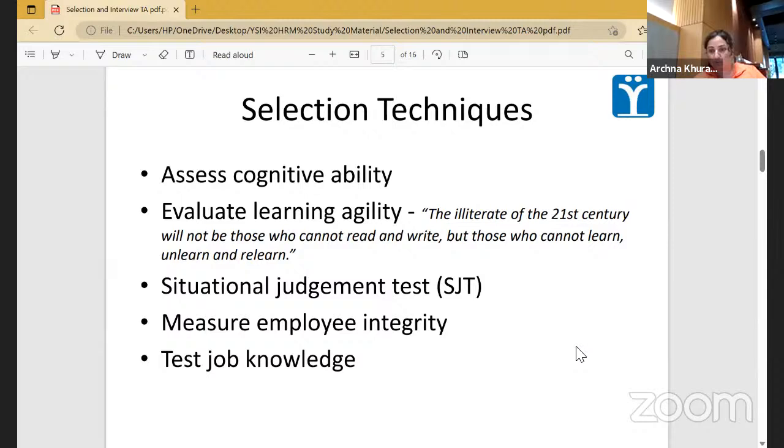अब शिवांग को नजर आया कि एक कार ने दूसरी कार को हिट करा, मे बी द ए कार हिट बी कार. अंजलि को नजर आया कि पहले बी कार ने टक्कर मारी थी. साक्षी को दूर से नजर आ रहा है कि दोनों बहुत फोर्स से आ रहे थे, दोनों ने आपस में वो कर दिया. सो एक ही सिचुएशन हुई, एक ही तरीके का सब कुछ हुआ, बट तीन डिफरेंट परसेप्शंस के कारण हमें तीन डिफरेंट स्टोरी सामने है, और तीनों ही करेक्ट है, कोई भी गलत नहीं है. So this is why we call it situational judgment test, that basis on circumstances, situations, and where we are, the assessment and the test answers can differ from each other.